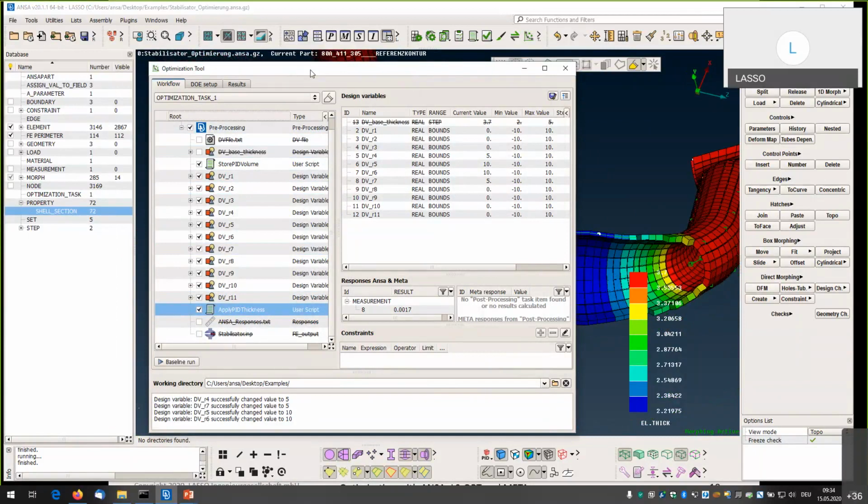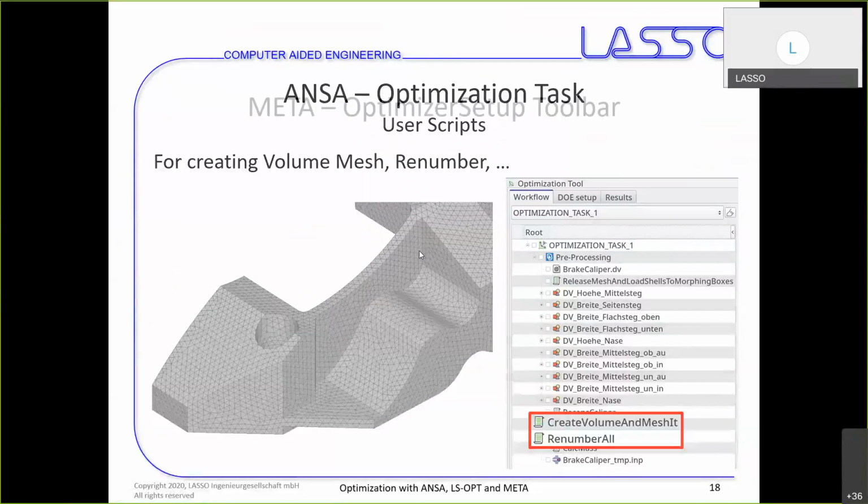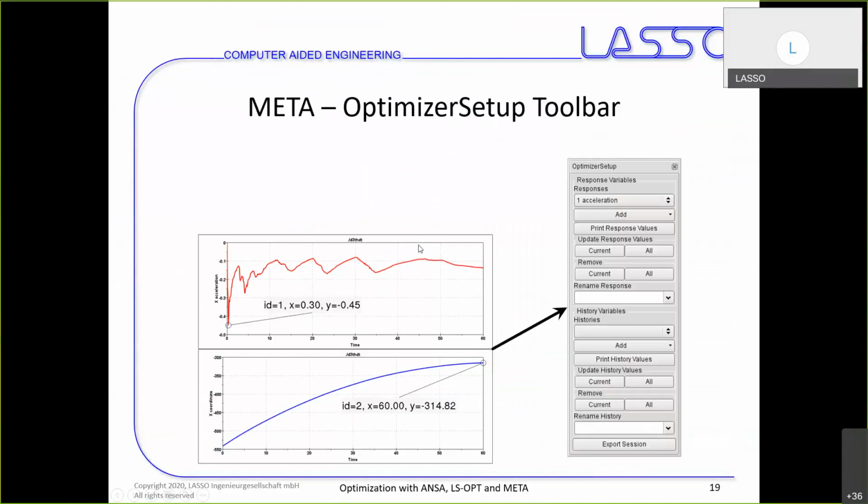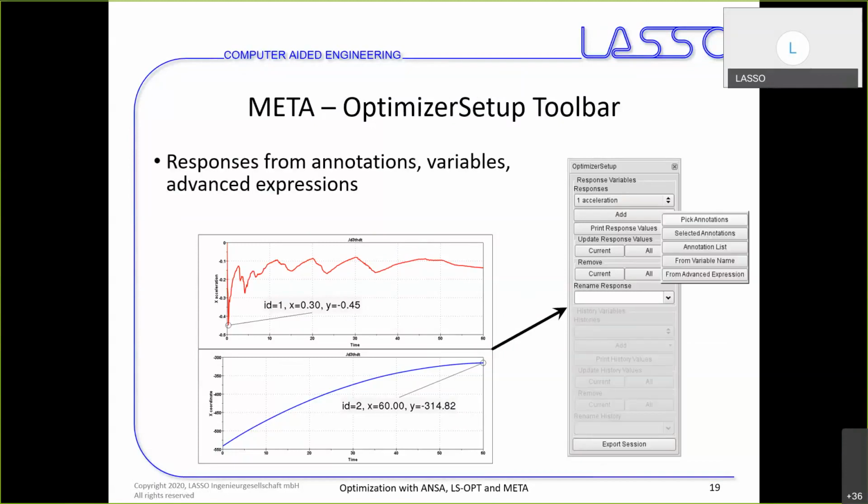All right, so let's switch back to our presentation and continue with META. So let's assume we have a ready-to-run solver. We have run the solver and got some solver results. And in META, we use the optimizer setup toolbar in order to create the responses and histories required for LSOpt. So we do our normal post-processing work,